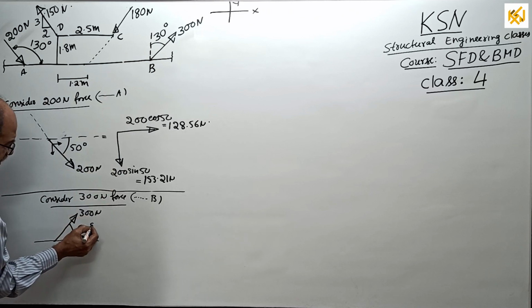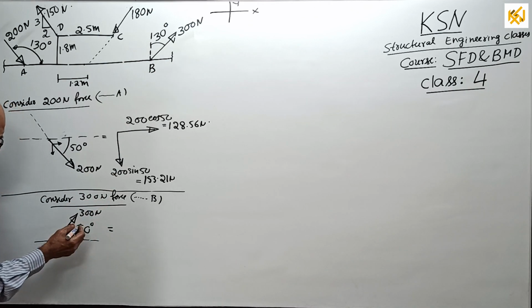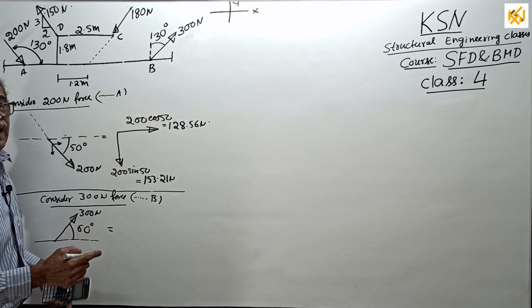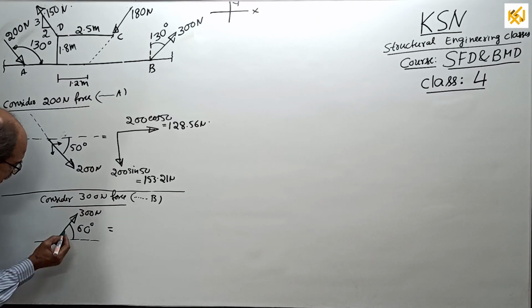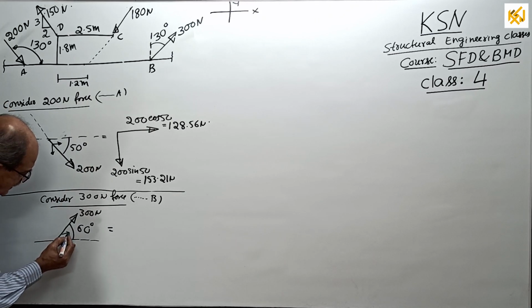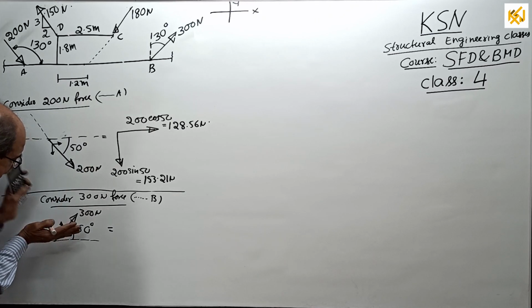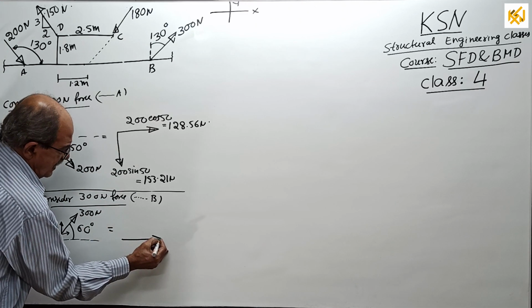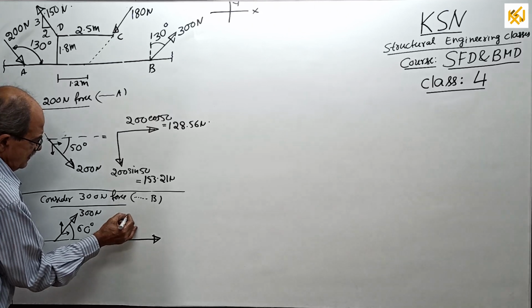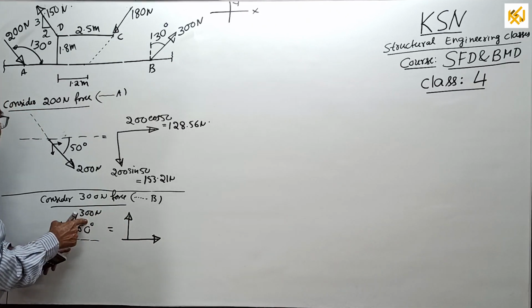I don't have to explain this one. Equal to, so, or here only, see, this every time from now onwards I will not tell, only once. If it goes this way, light line, this way and this way, so that resultant goes this way. Now, one X component like this, one Y component like this. X component, angle measured with X only.